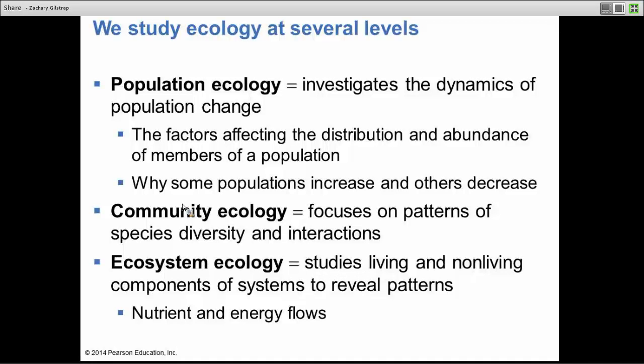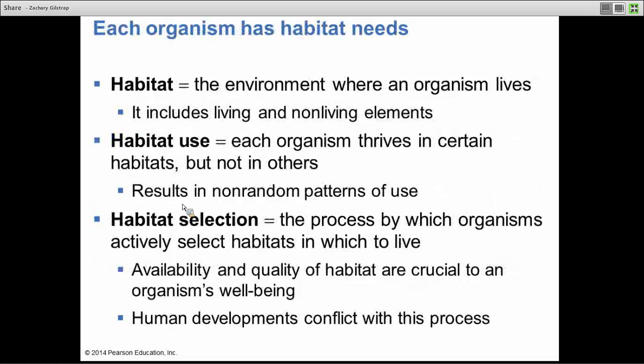And lastly, ecosystems, as I was saying, encompass communities and the abiotic, non-living material and forces with which community members interact. Ecosystem ecology then reveals patterns such as the flow of energy and nutrients by studying living and non-living components of systems together. So each organism will have its own habitat needs, and the specific environment in which an